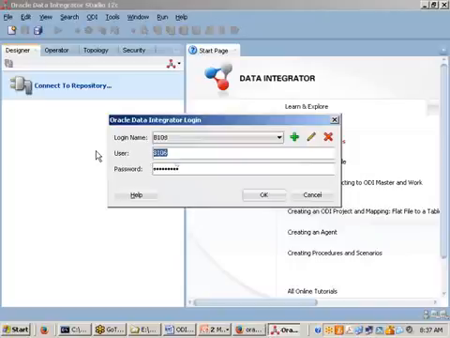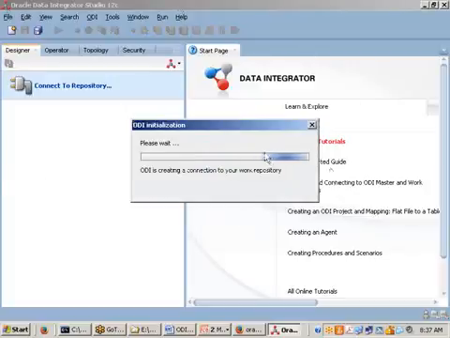B106 batch. Supervisor. Okay. It's connecting to the repository.